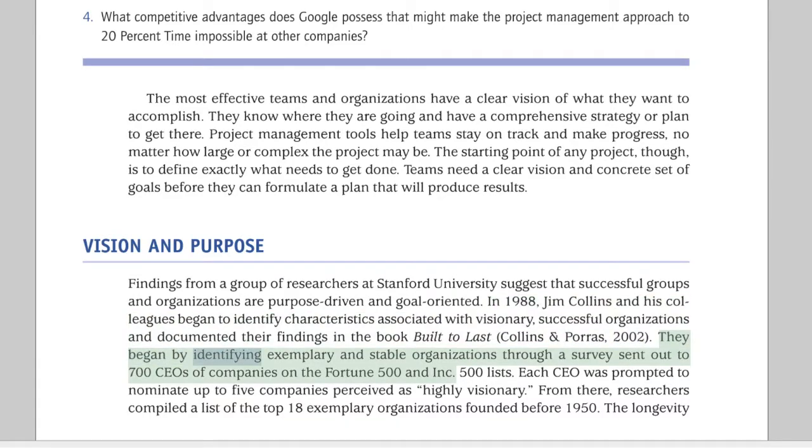They began by identifying exemplary and stable organizations through a survey sent out to 700 CEOs of companies on the Fortune 500 and Incorporated 500 lists. Each CEO was prompted to nominate up to 5 companies perceived as highly visionary. From there, researchers compiled a list of the top 18 exemplary organizations founded before 1950. The longevity